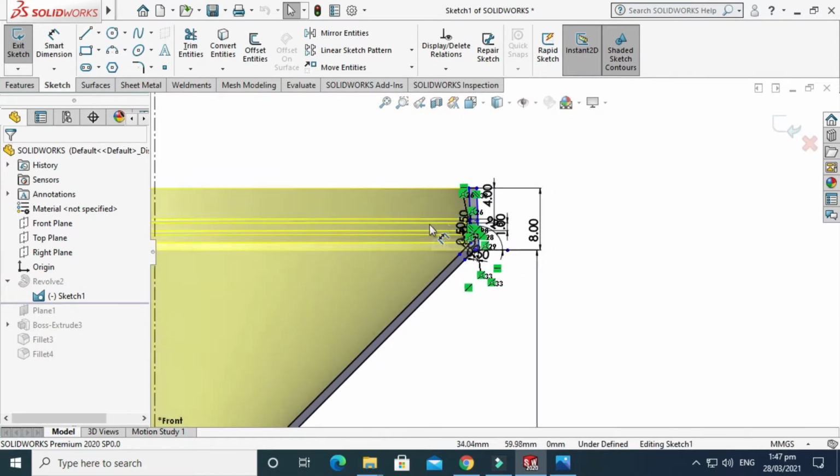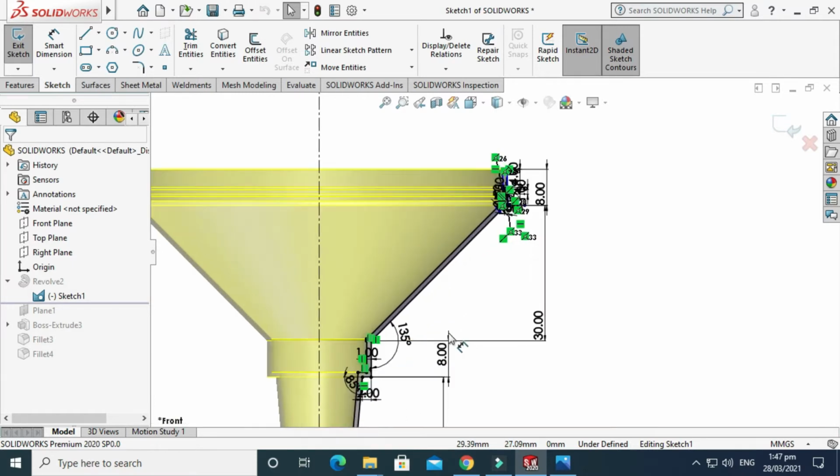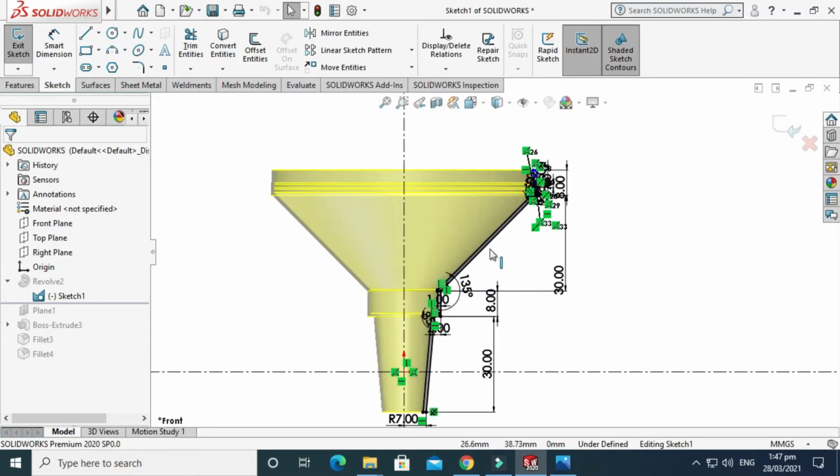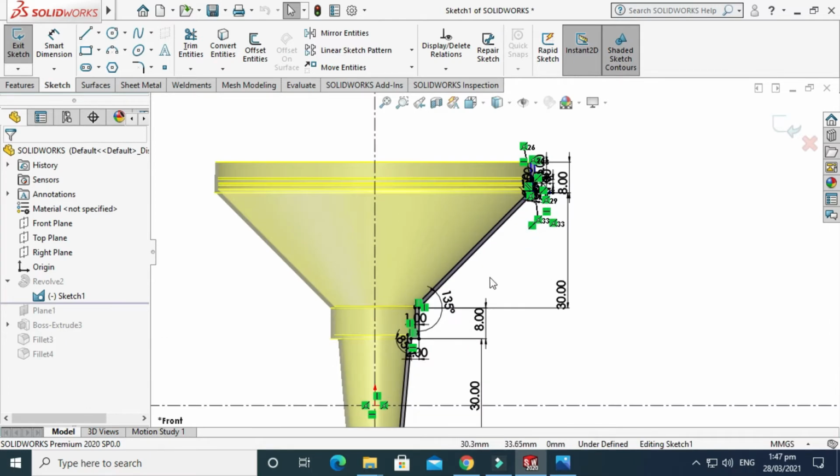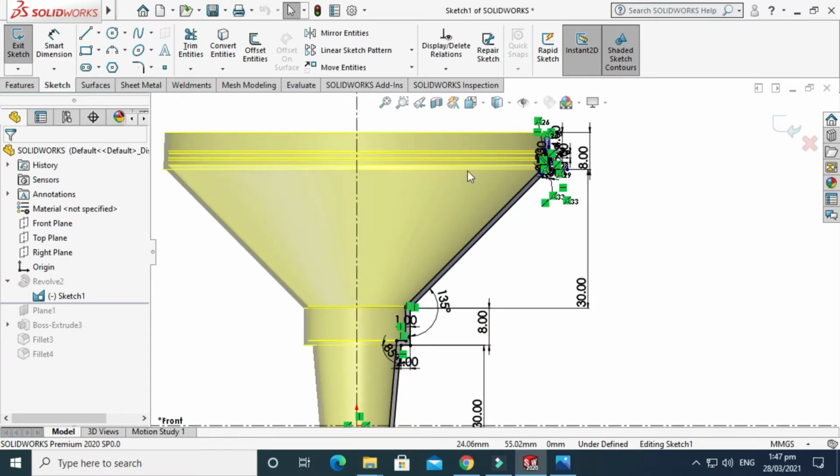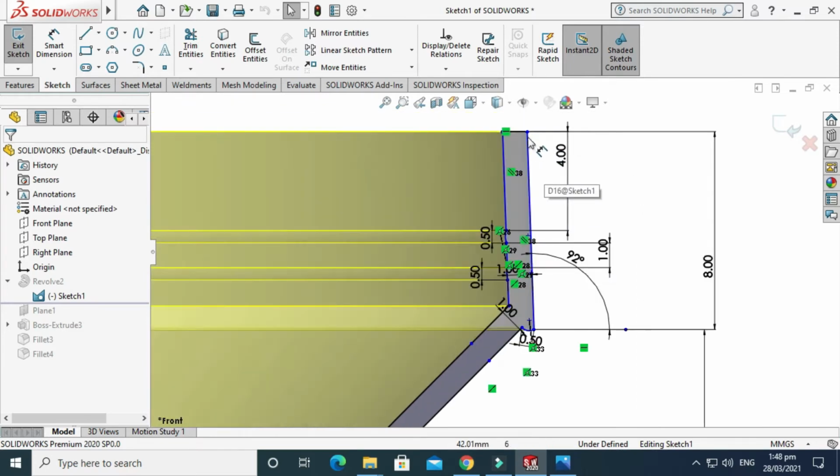And here I have shown some dimensions, and the full length of this funnel is, let's say, 8 into 30 and 8 into 30. The height of this funnel is 76, I think.